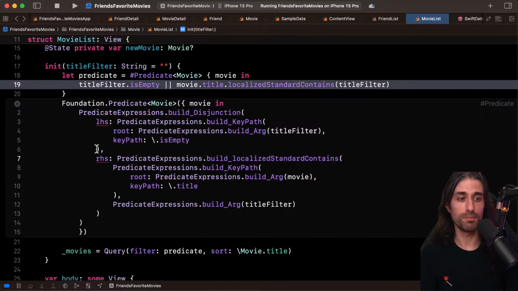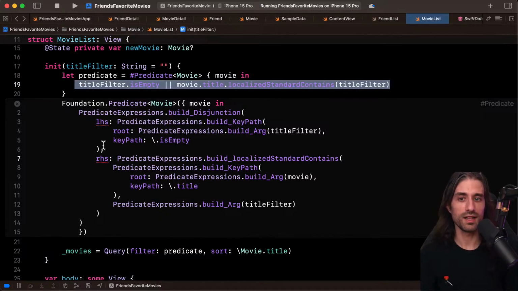The word compile is not an overstatement here, because this macro is a small compiler that compiles this code into this other code, and I'm sure we are very glad we don't have to write this kind of code by hand. So this is very impressive and a good example of how powerful macros can be.